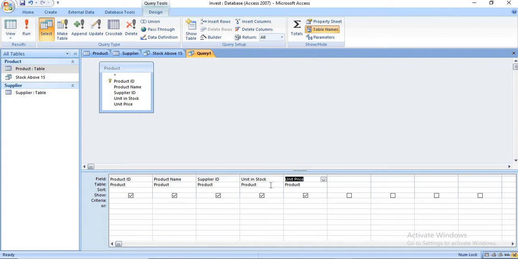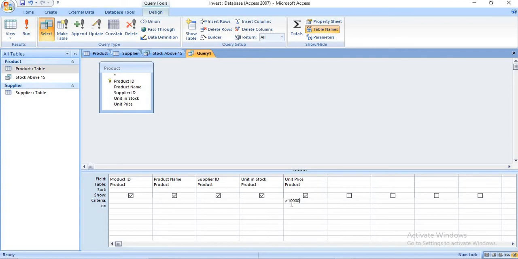Next is the filter condition, unit price more than 10,000. So this is our unit price field. The criteria for that is greater than 10,000. So write the criteria as greater than 10000.